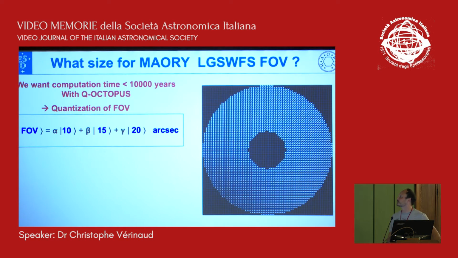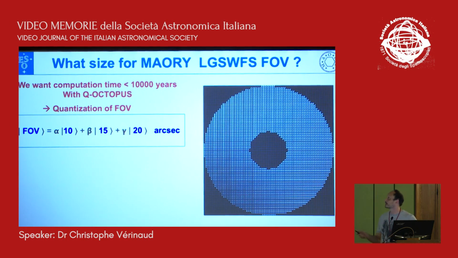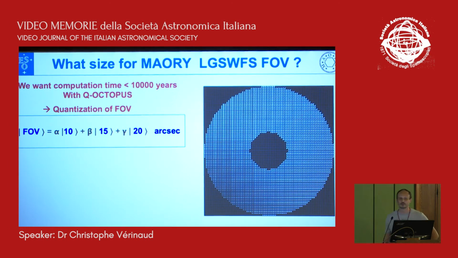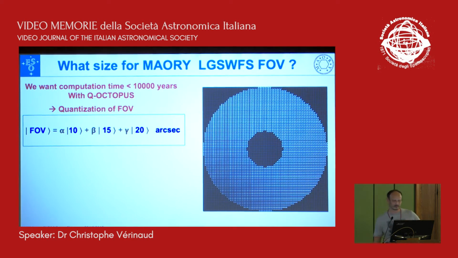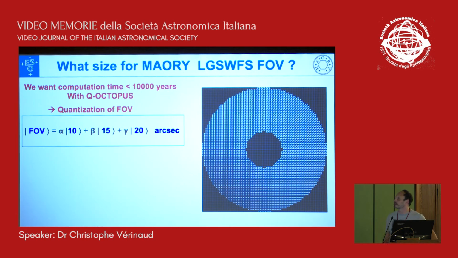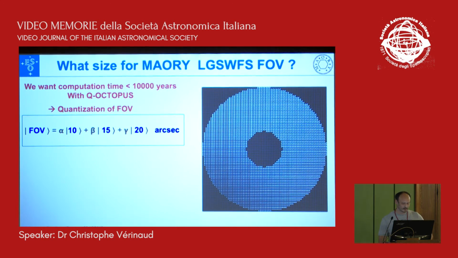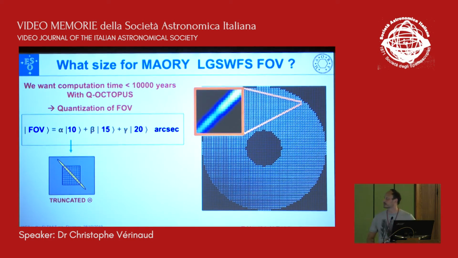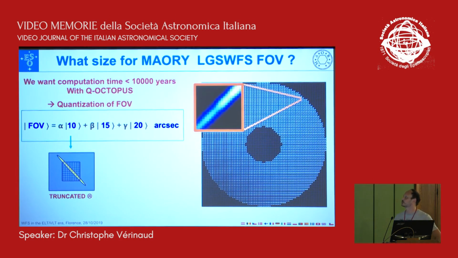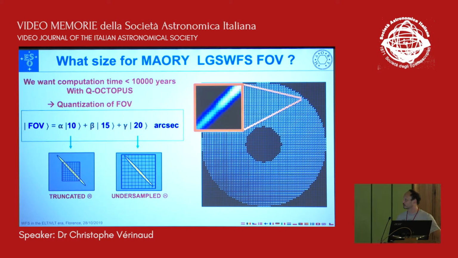So to study this problem, we still need a quantum computer because we need to quantize the field of view variable. I studied only 3 fields of view to have enough time to explore the parameter space. So what are these 3 fields of view? The first is the 10 arcsecond one, and we chose this one because it samples the spot well. But when you sample the spot well, you are truncated, and we don't like that. So we said, okay, let's go to 20 arcseconds. Then you are not truncated anymore, but you are undersampled, and that's bad.